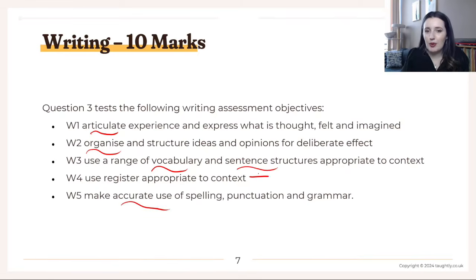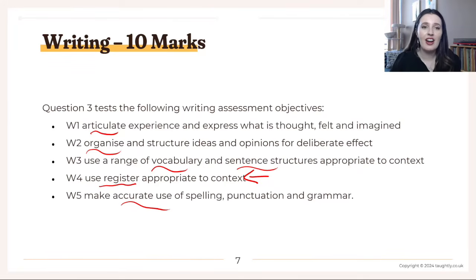And then this here is where your report writing is really being tested. Can you use an appropriate register for a report? Can you use language that sounds like a report? So actually, out of the assessment criteria, only one of them is explicitly testing how well your report writing is doing. So even if you don't really know how to write a report, but you write accurately with good vocabulary